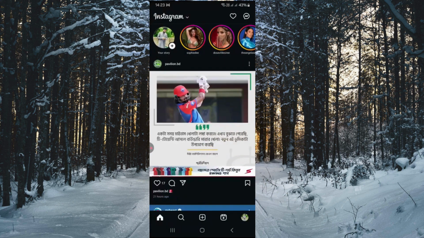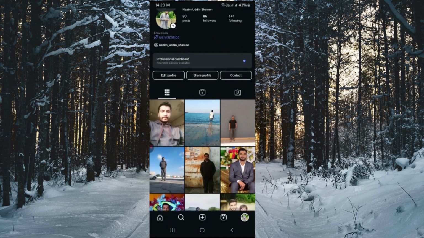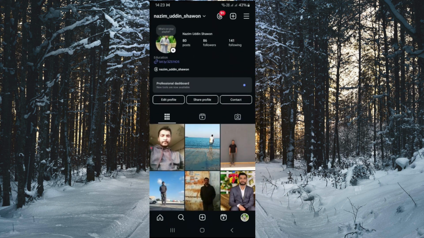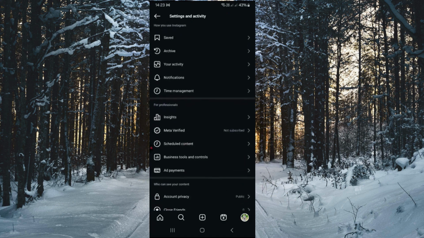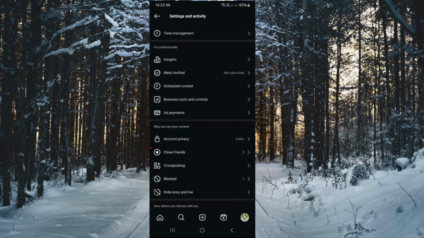go back to your profile. Now after going to your profile, then tap on the three dot icon from your top right. Now here you have to go